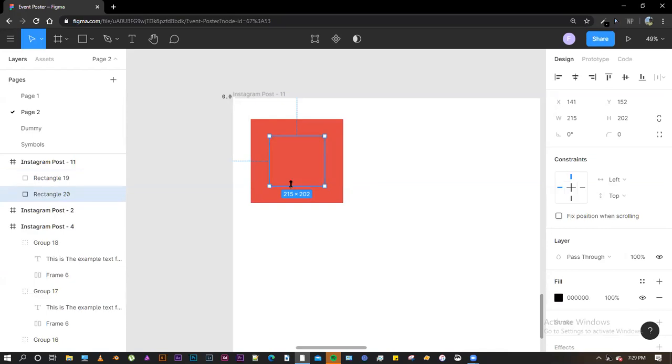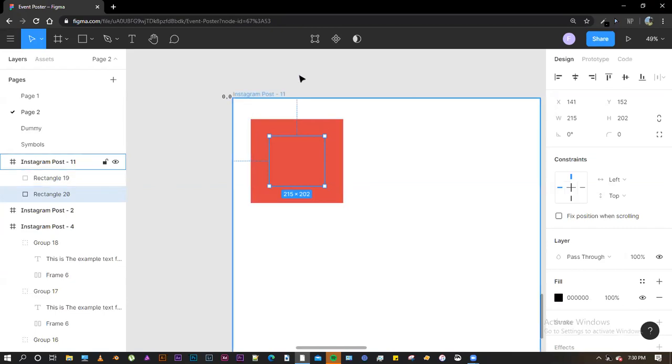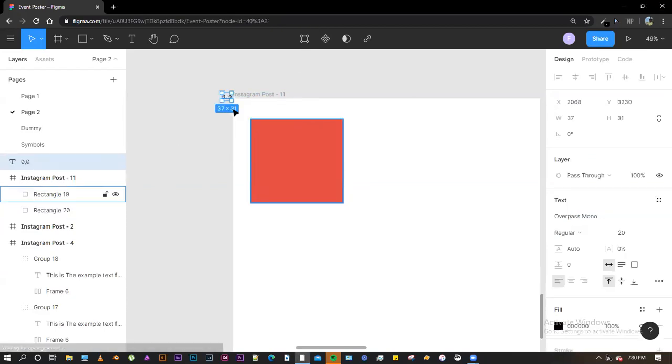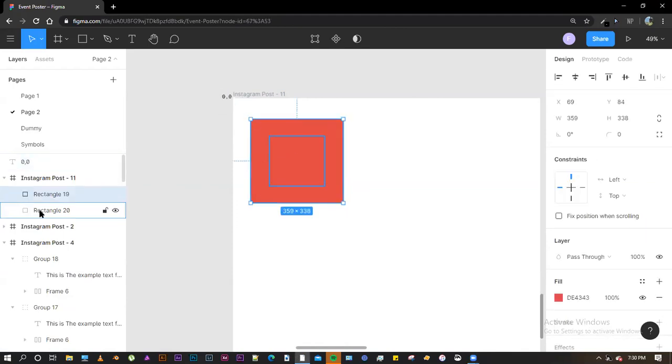So as you can see on the left hand side, the rectangle 20 was above the rectangle 19, and now that I have pressed control or command and the left bracket key, it has moved down.